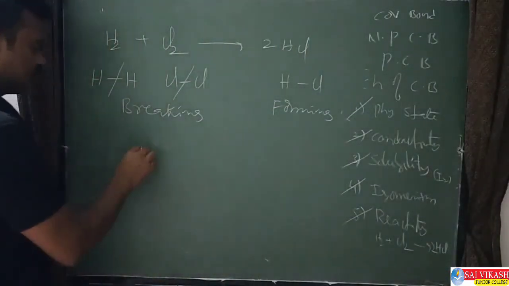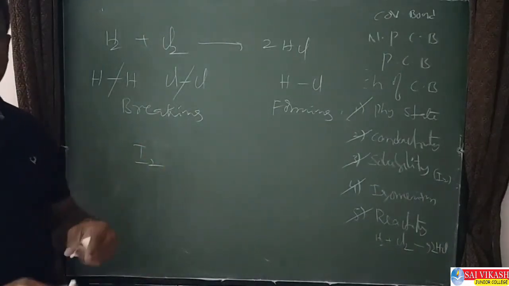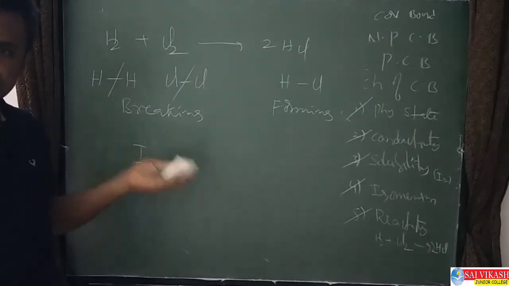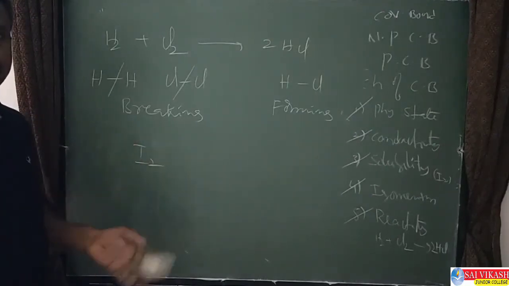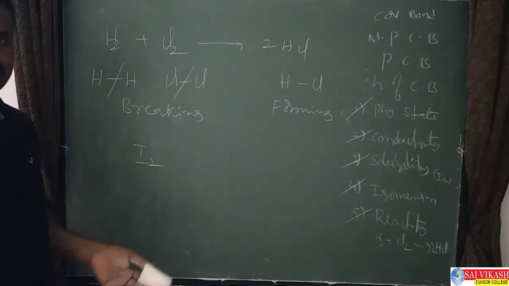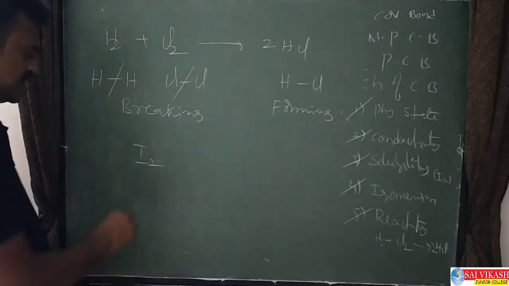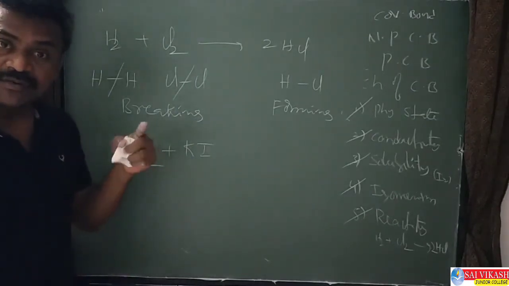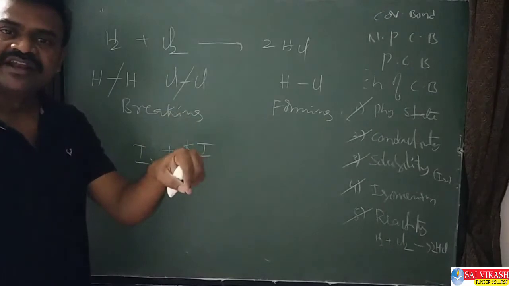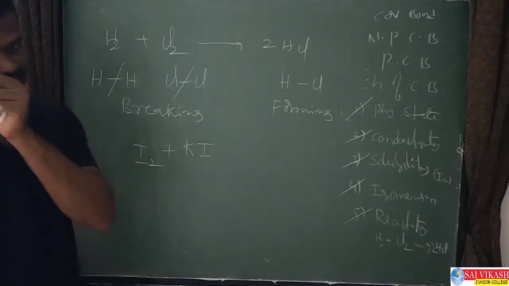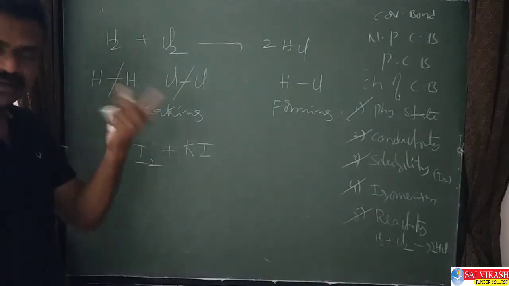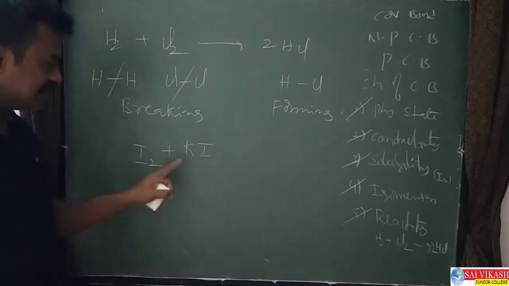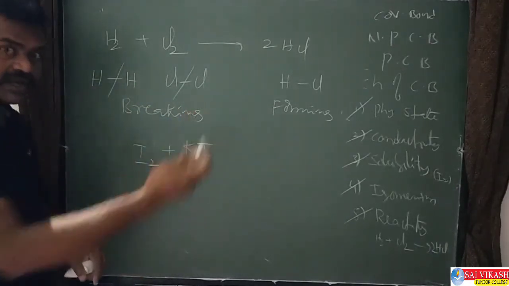See, solubility, I told you, I2 means the bond is present between the same atoms, same electronegativity iodine atoms, and the compound is what? A covalent compound, because the electronegativity difference is 0. So it's a covalent compound, but it behaves like an ionic compound when it is dissolved in potassium iodide. A covalent compound can be soluble in ionic compounds also. This I2 exception, we need to remember. I2 is a covalent compound, but its solubility increases in KI. KI is the polar compound.